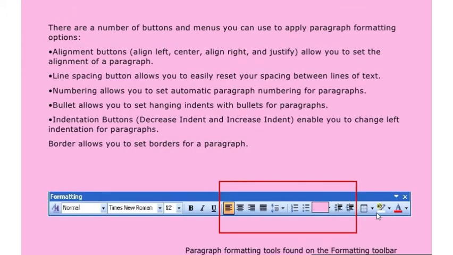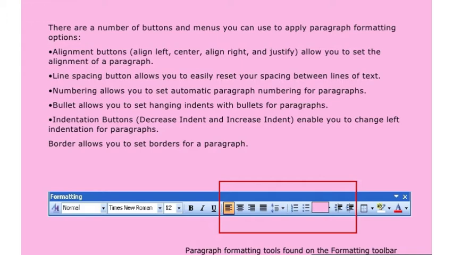Now, the formatting toolbar. There are a number of buttons and menus you can use to apply paragraph formatting options. First is the alignment buttons. There are a number of alignments such as align left, center, align right and justify.